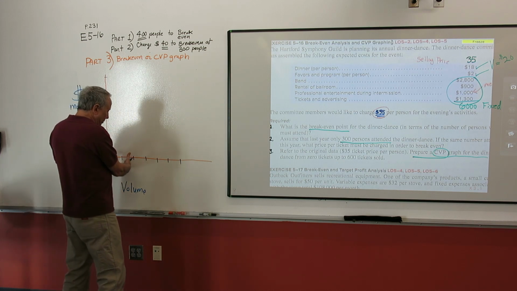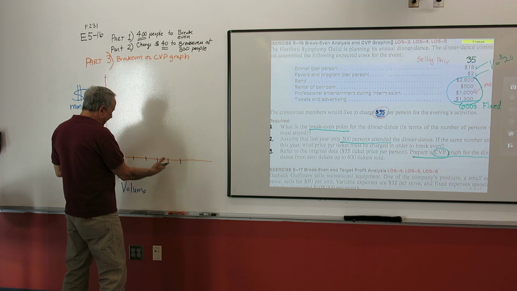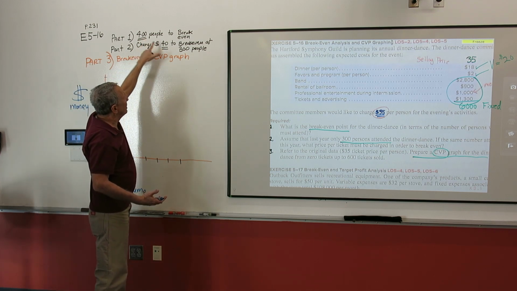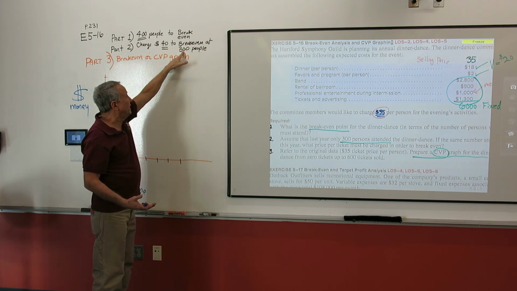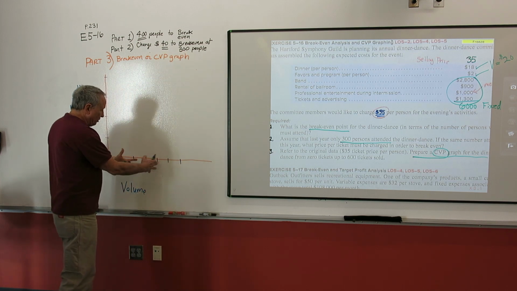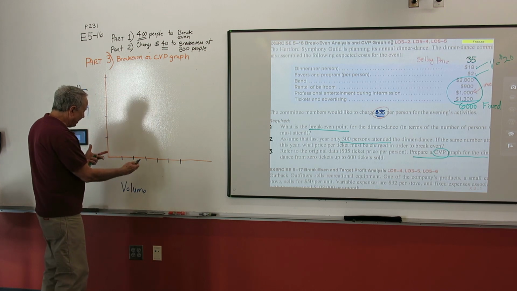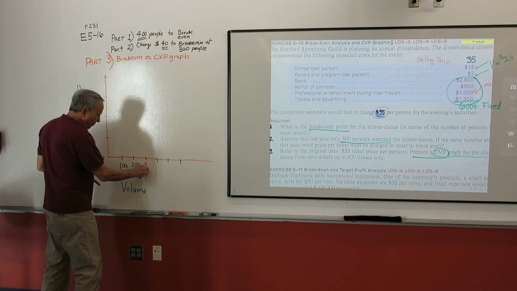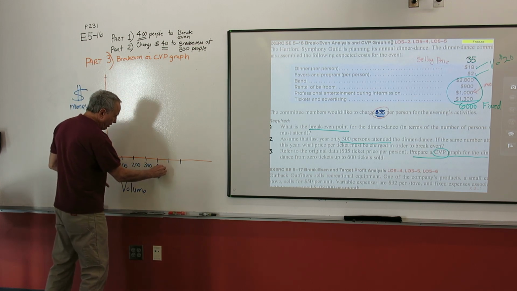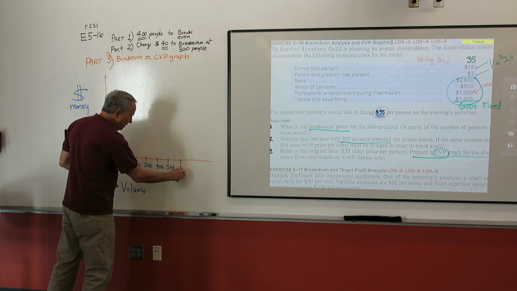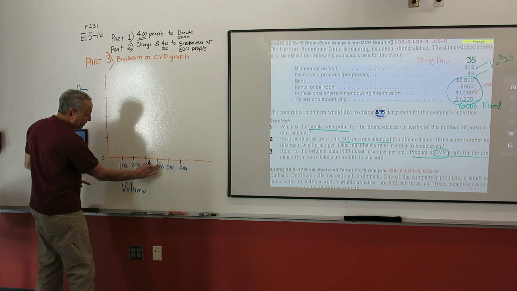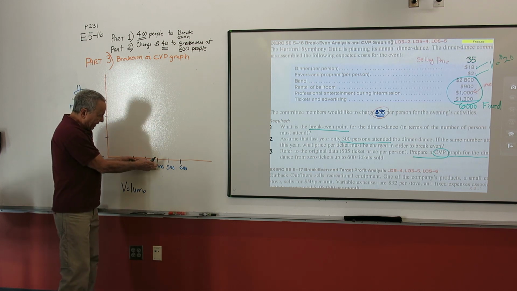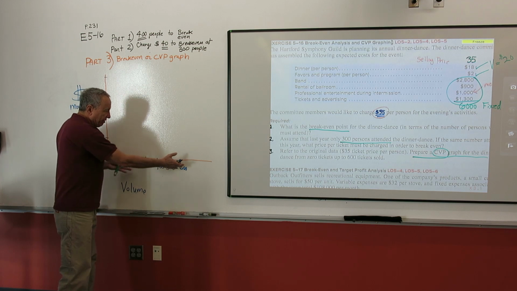You do have to make some decision. What's your x-axis going to be? What increments? Well, since we know that 400 people are break even and 300 people are what we think will attend, we certainly should have 400 and 300 somewhere in the middle. So let's say, how about I try this? I'll do 100, 200, 300, 400, 500, 600 people. Somewhere in this zone is where you think your real data is going to hit. These are kind of outliers.